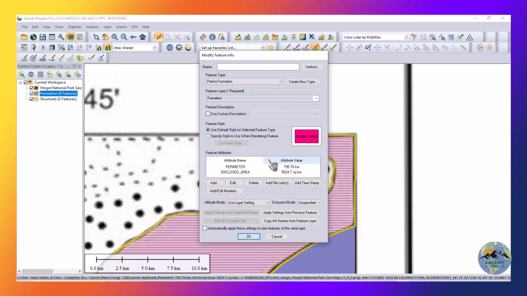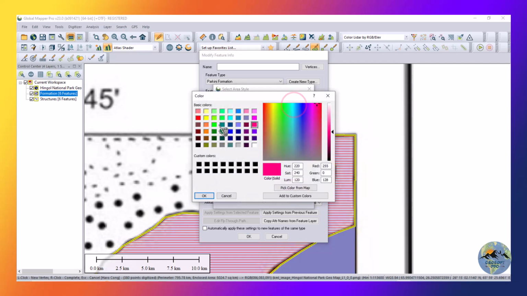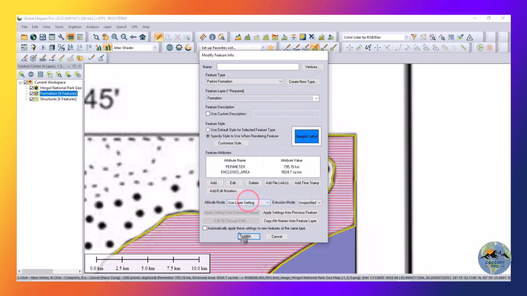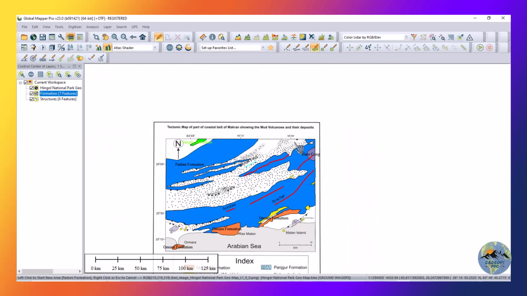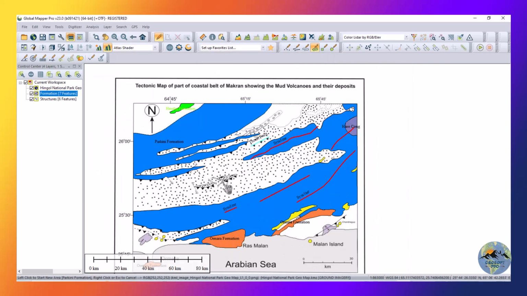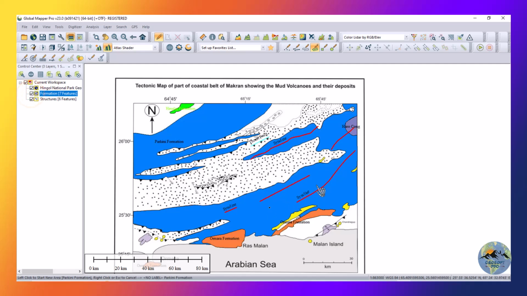And now we have selected blue color for the Perkini formation, so let me select the blue color like this. Actually this is the Henglage formation. This one is the Henglage formation, so I will again